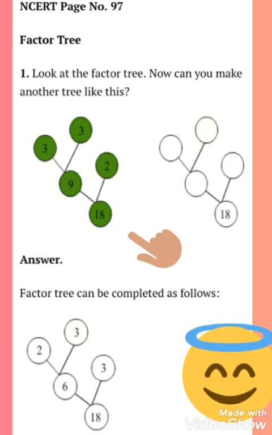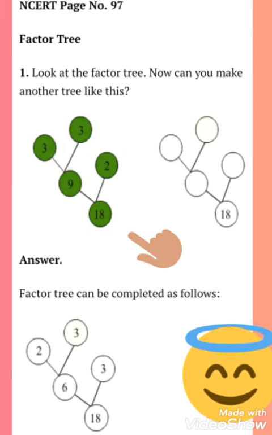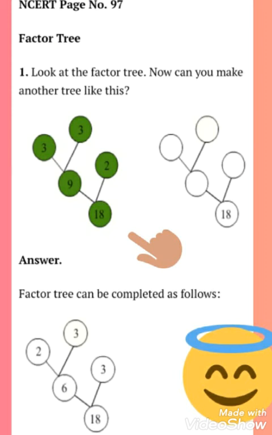That's why we will do 9. So 9 we can break into smaller parts by 3 into 3. We know 3 into 3 equals 9. So we can break 9 as 3 into 3. Separate branches will grow from 9 and we will stop at 3 because 3 again is a prime number. We cannot divide it by any other number, only by 1 and 3 it can be divided. So we will stop at 3 and 3. So this is a factor tree of 18.